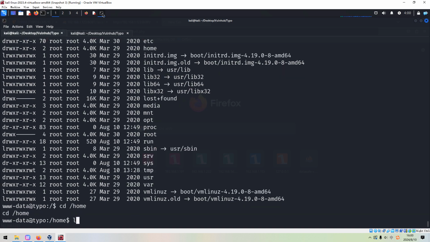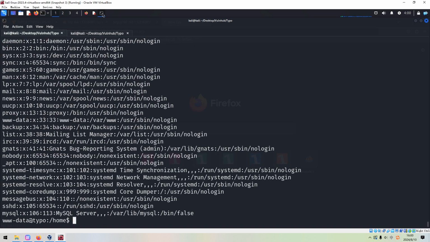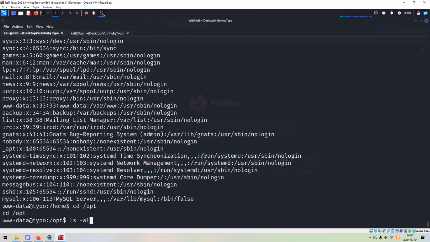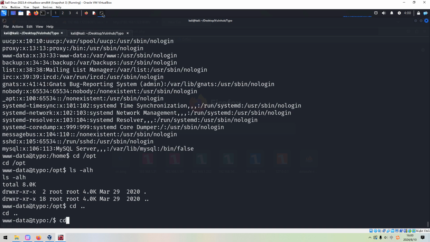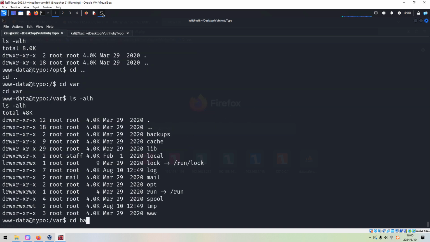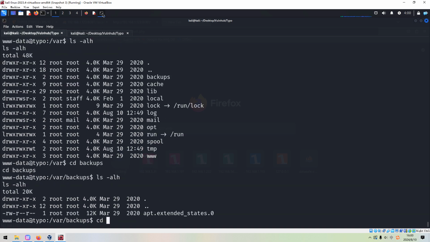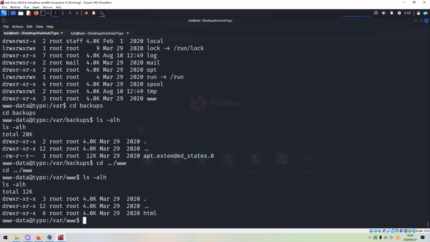All right, next we need to do some local enumeration. For example, go to the home directory, nothing there, and we can cat out the password file. No normal user. Next, we can go to the opt directory, nothing there. Go to the var and go to backups, nothing there. Go to the www directory, HTML.